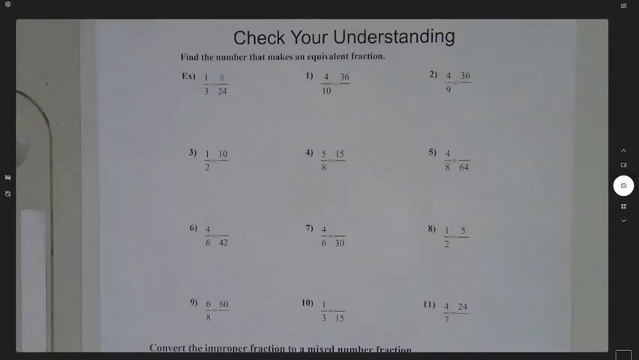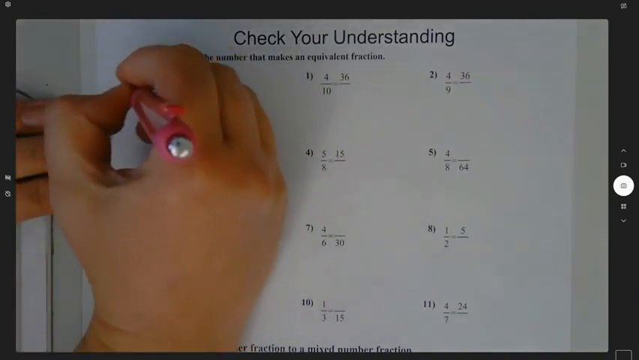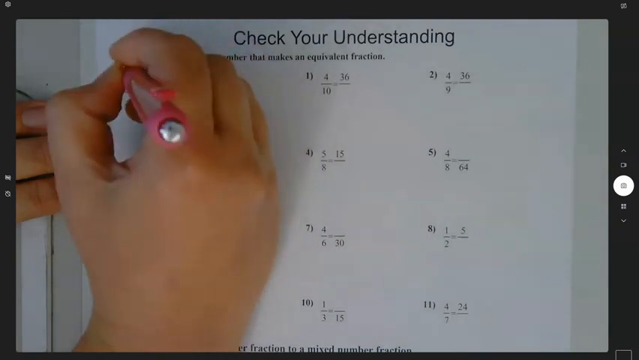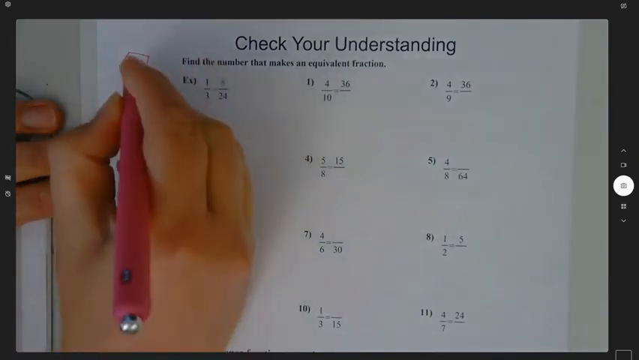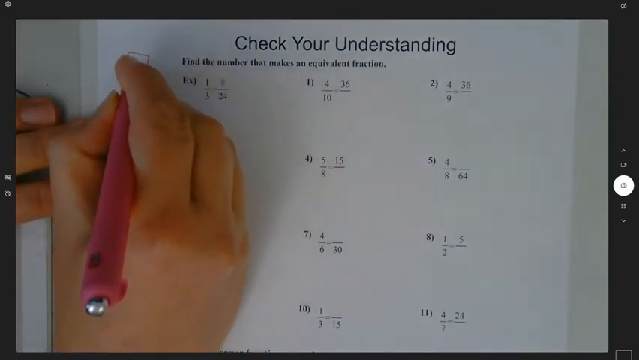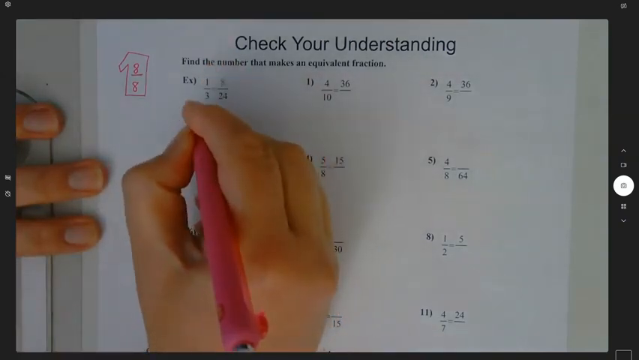All right, we are going to work on our check your understanding, making equivalent fractions. We talked a little bit about the one, where with fractions, to make them equivalent, we have to multiply or divide both the top and the bottom of the fraction by 1. So what we want to ask ourselves here is 1/3